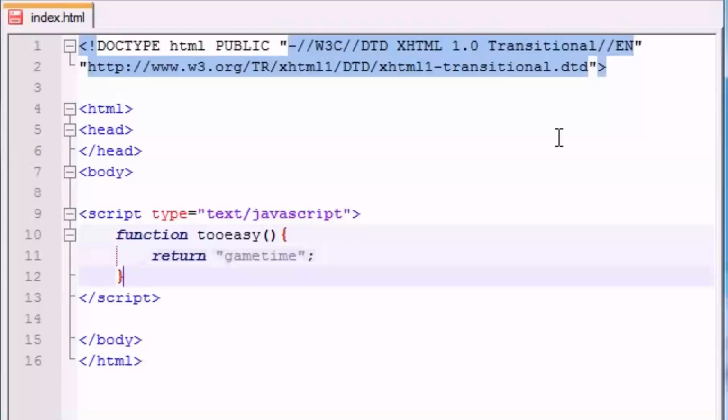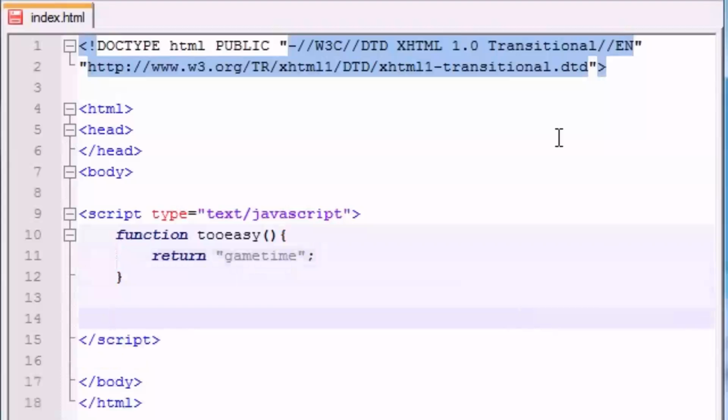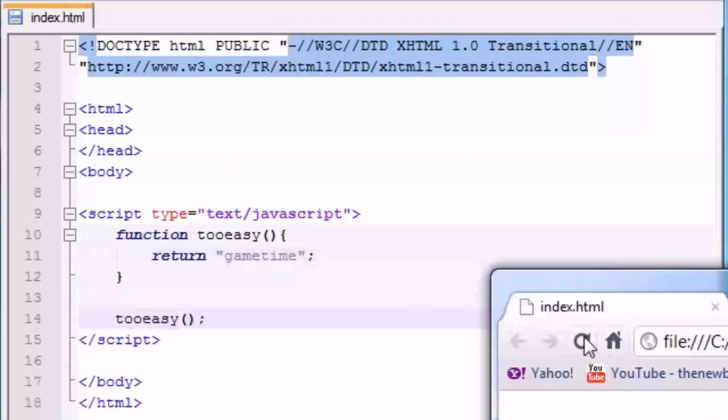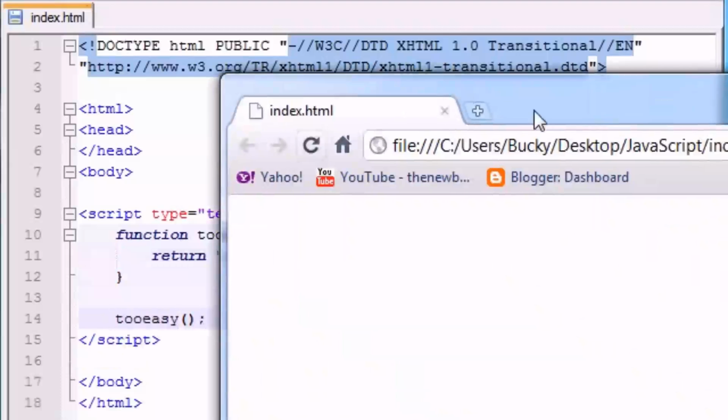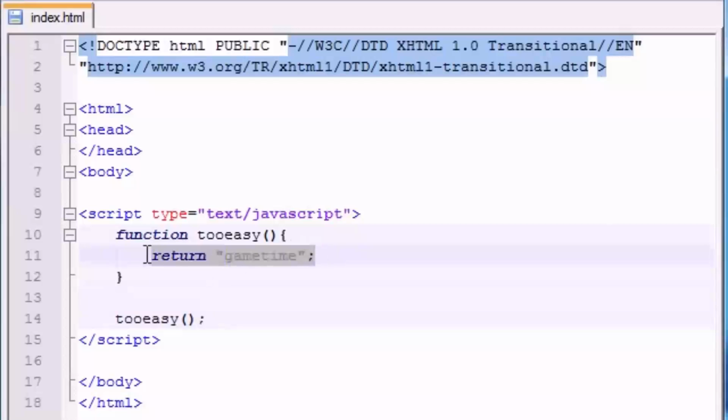Now whenever we call this function tooEasy and try to run it, nothing happens, because, as you can see, we didn't tell it to do anything. We didn't tell it to print it out on the screen. We didn't tell it to use it in an alert box. We just said give us this value back, and we didn't even do anything with it. So in order to use that return value, you actually have to use it somehow. For example, if you write